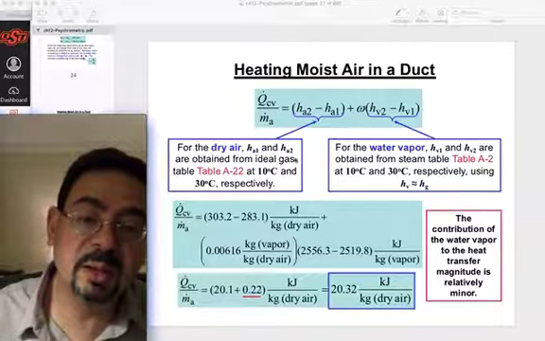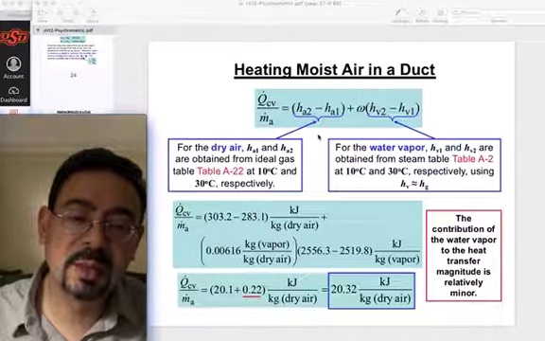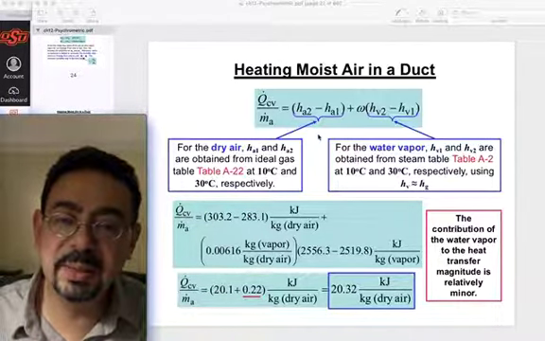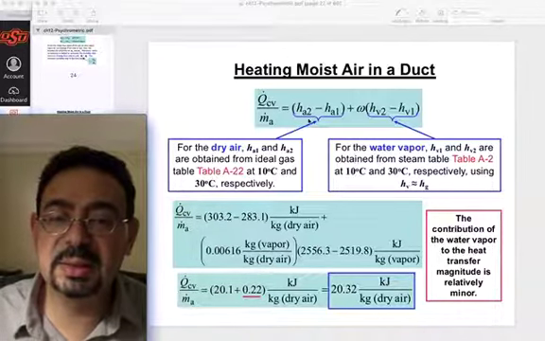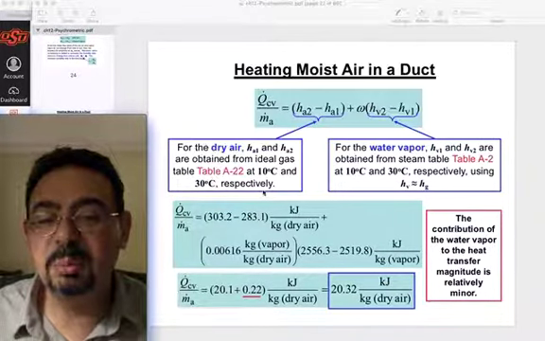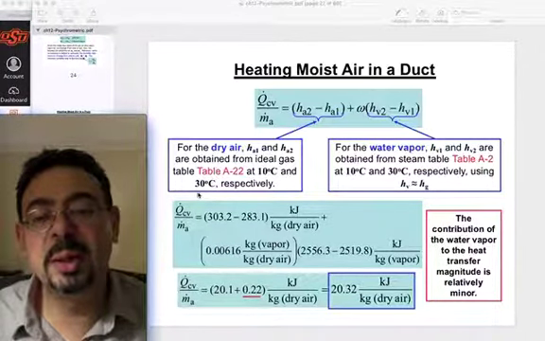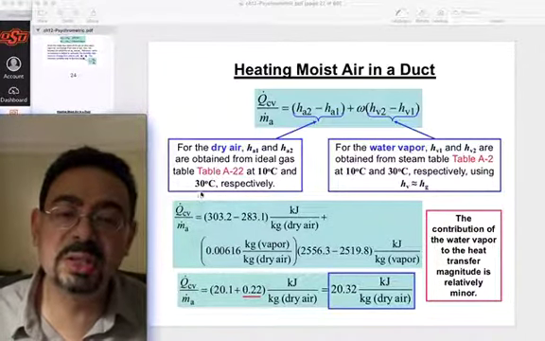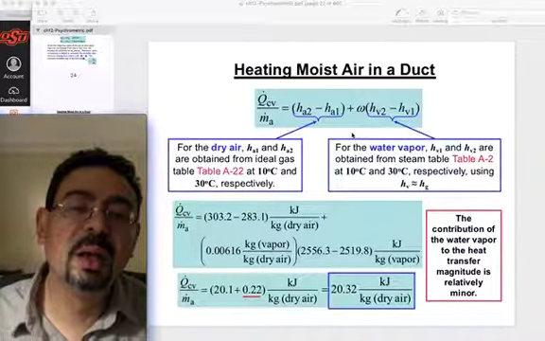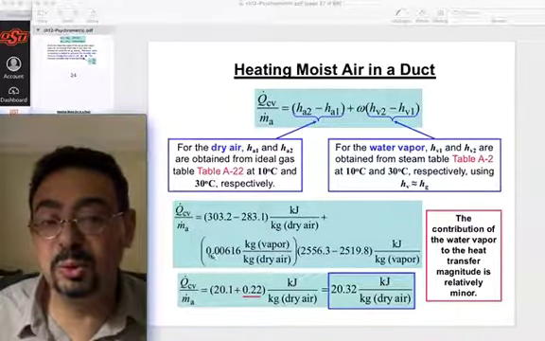Why will it be more accurate? What's wrong with Cp delta T? Anyone? What is wrong with Cp delta T? What's wrong is you're assuming Cp is constant, and Cp is a function of temperature. So if you can bring it from a table, this will be more accurate, because the table will take into consideration the Cp part. Very good. We got the omega, we just calculated this 0.006,